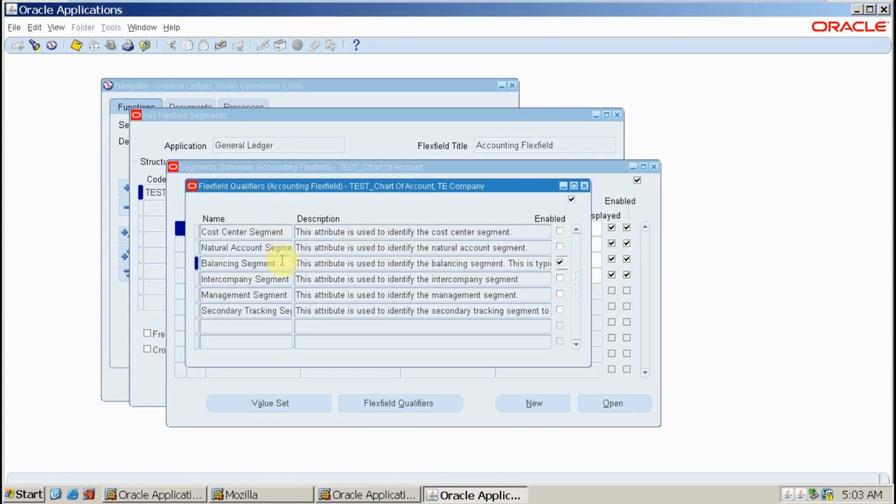Why are we calling it the balancing segment? Because at the company level, for any report you pull, unless the debit and credit balance, we cannot pull an accurate report. So at the company level, it is balancing debits and credits, so we call it a balancing segment. If you read here, the attribute or option is called balancing segment. So to identify the balancing segment, this is typically the company segment. Save this setup, close this flex field qualifier